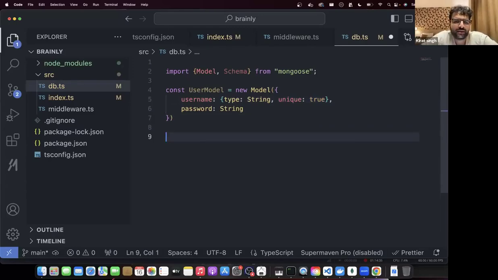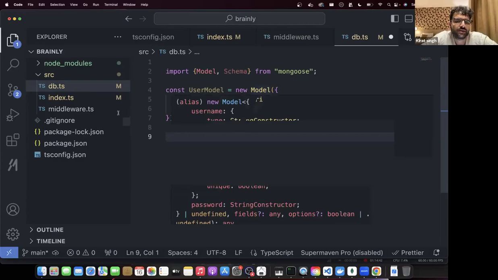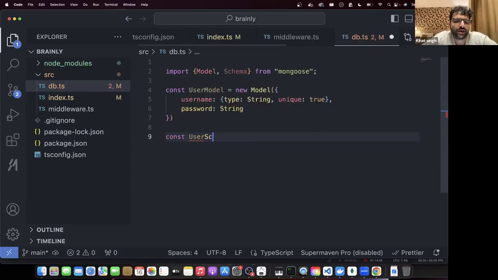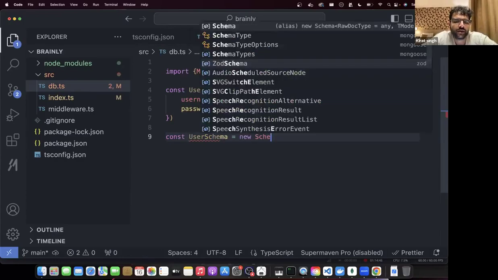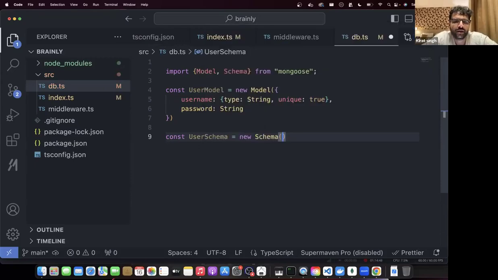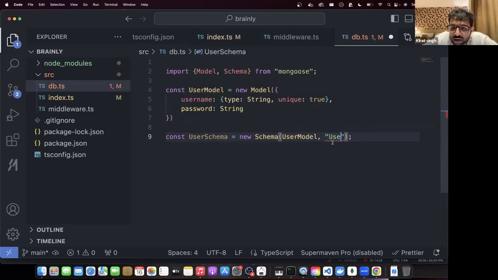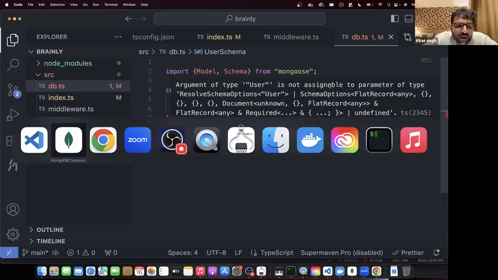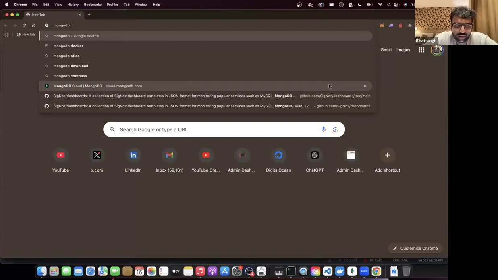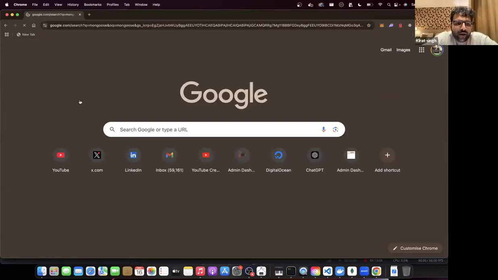What do you do after you create the model? Do you remember? I think you get the schema first. Const user schema equal to new schema. User model. I think they're ulta. Mongoose, sorry.